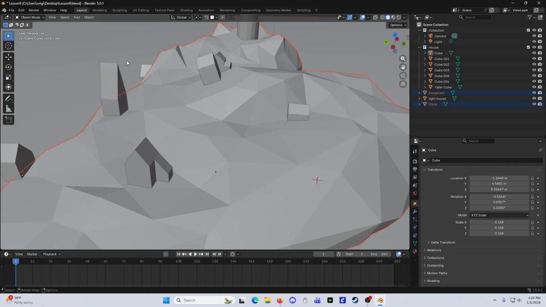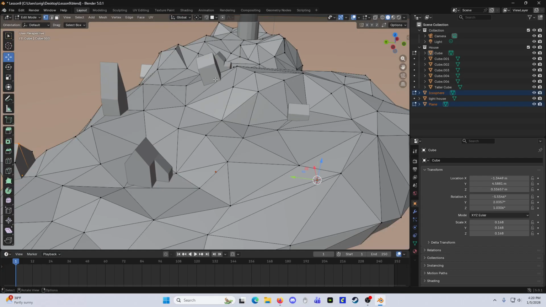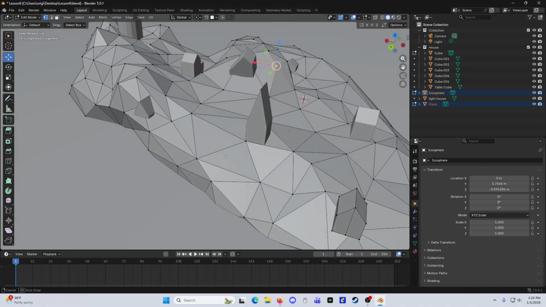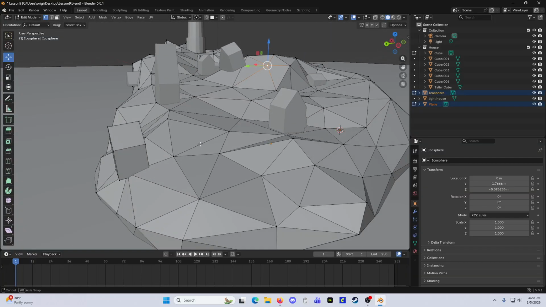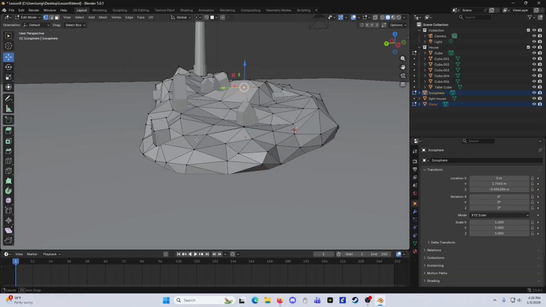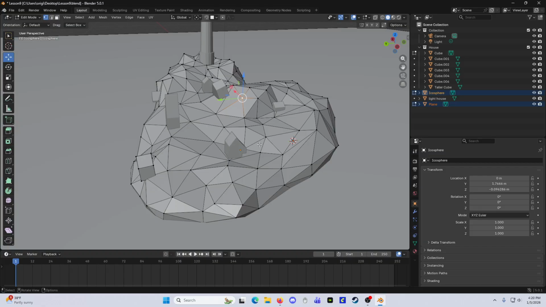And of course, you can edit the island to fit the house or the house to fit the island, if that makes sense. So they're not perfectly with the topology, but let's